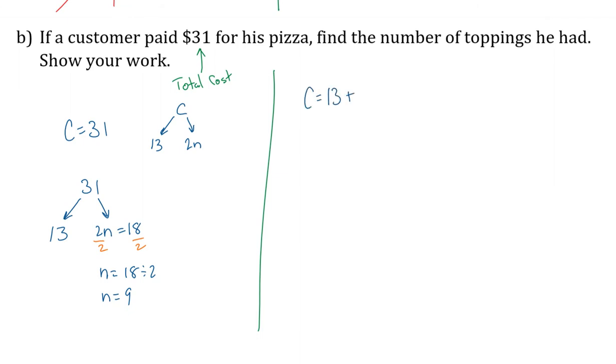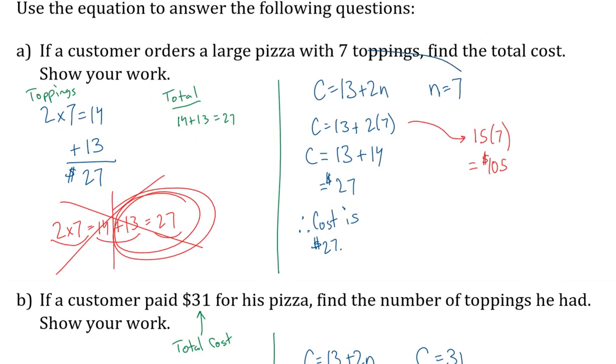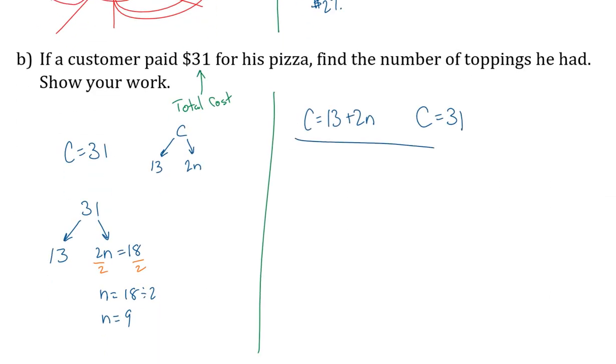Well, I'm going to write down the equation first again. And remember, in this case, we're given C, not N. Take a look at how this is different from the first one. In the first one, I wrote down the equation and I'm given N. I sub it in and solve with BEDMAS. In this case, I write down the equation. I'm given C. There are two variables. In A, I'm given one variable. In B, I'm given the other variable. I sub in,